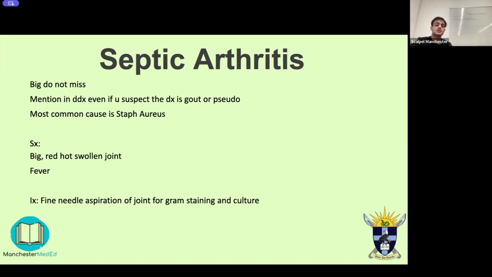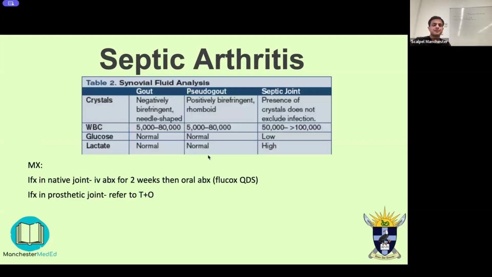But the most common cause of septic arthritis is Staph aureus. And the symptoms you can experience are a big red hot swollen joint. Wow, that's really unique. But the only way you can really differentiate is via the synovial fluid analysis and the joint aspirate. Again, fine needle aspiration of joint for gram staining and puncture. And then again, that same little table there,